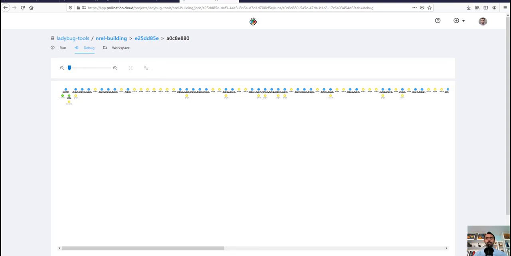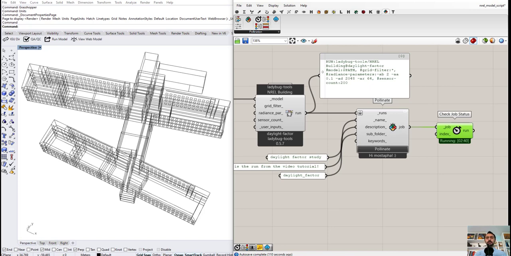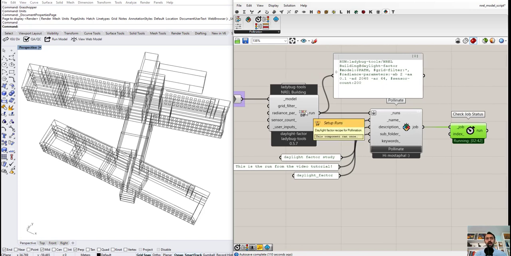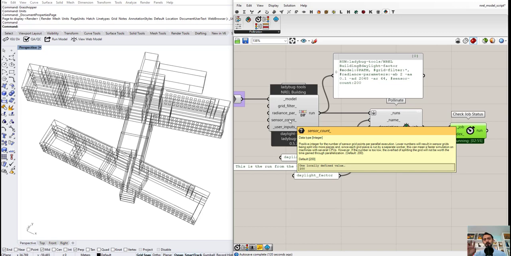So it will be running by itself, but going back to the question, you're thinking, okay, where did I say how many CPUs this one should use? You don't have to. That's the beauty of the way recipes work. Basically, a recipe is designed to use as many resources as are available for running a task, and parallelize it as much as it can. In this case, it's based on how you break the sensor grids, how you make them into smaller ones, and each sensor grid will run in parallel on Pollination while